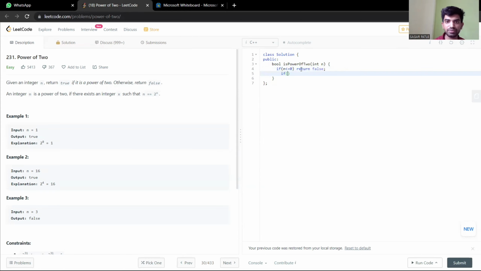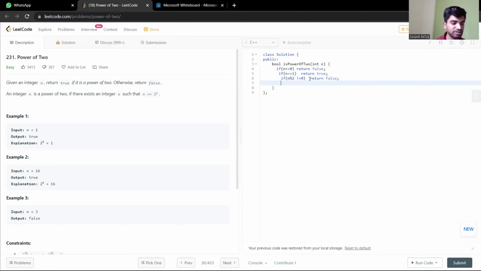Then we check if n equals 1. If it is true, then we simply return true. Again we check if n modulo 2 is not equal to 0. If it is true, then we simply return false.